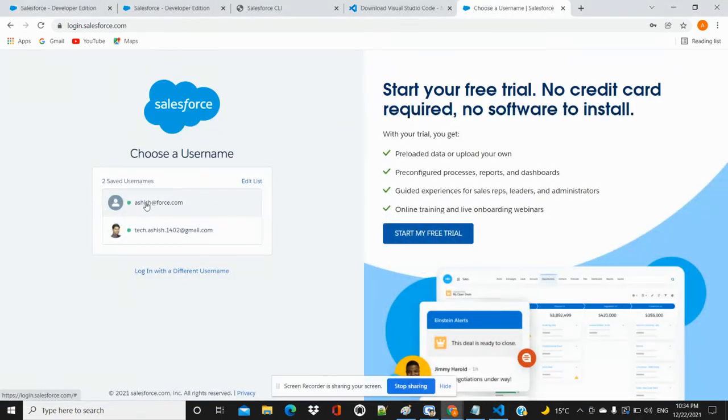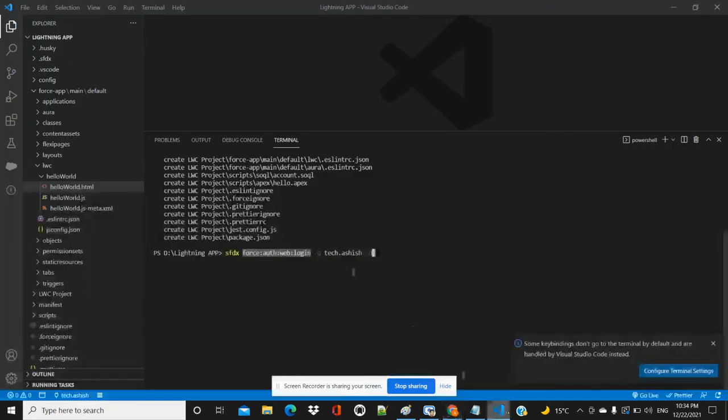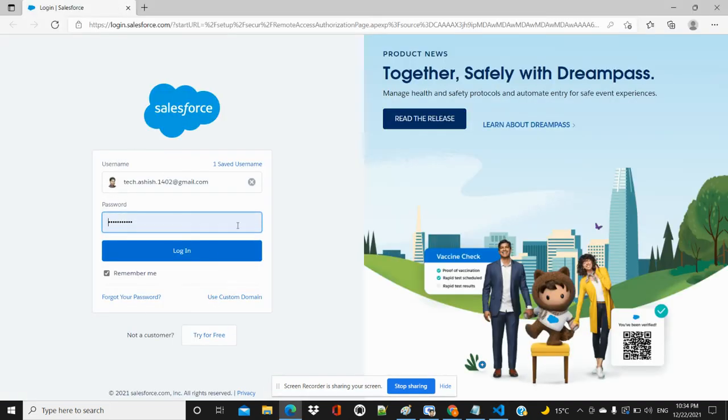Here we have username as is or take data as is, so you can take the first one, then hit enter. Here we have given hyphen d for default purpose, because we want this to be the default. You are able to see it will redirect and open your URL and you can log in.